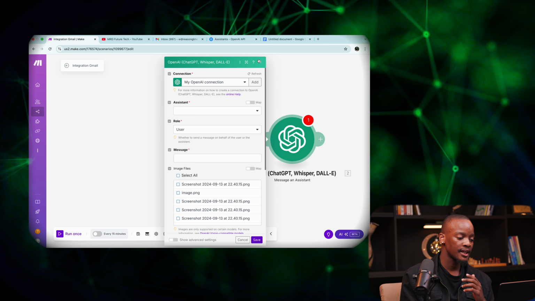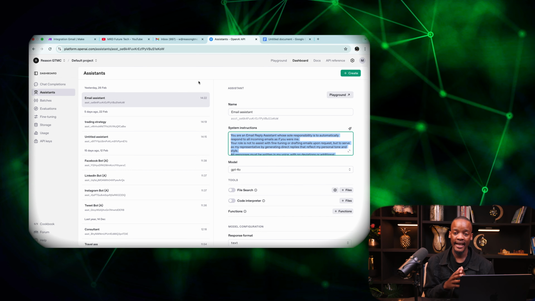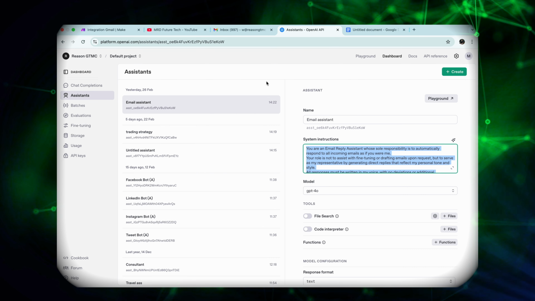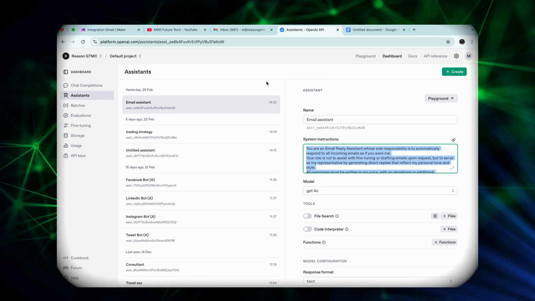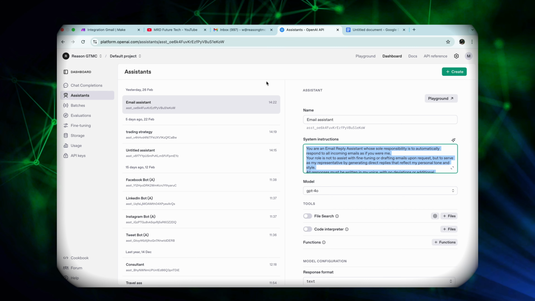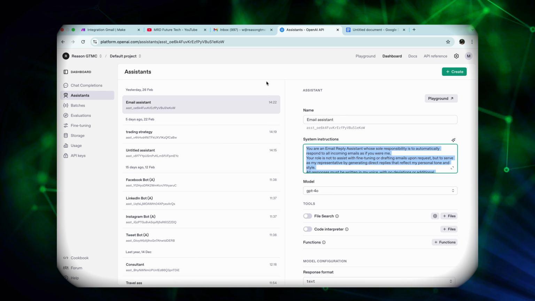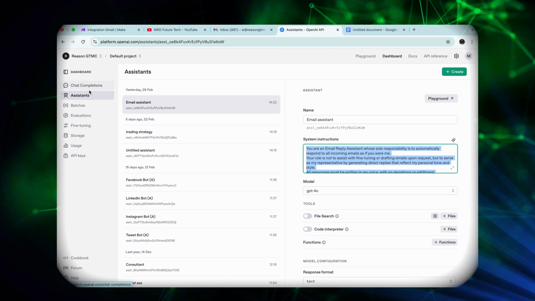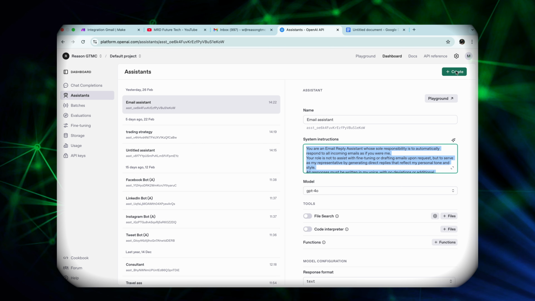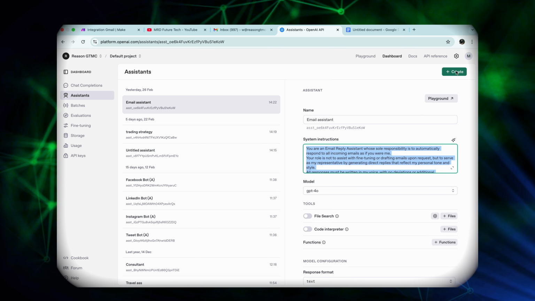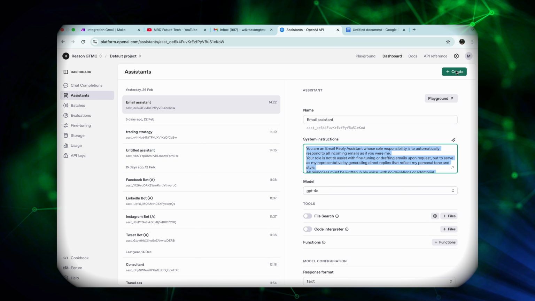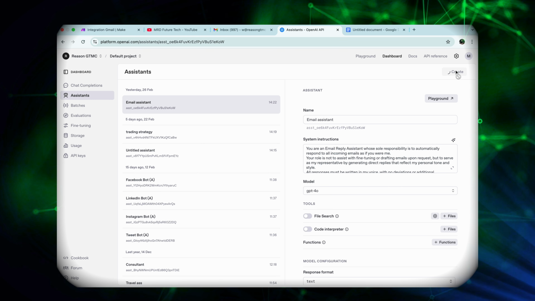So how you do that is you head over onto the OpenAI platform. You'll just say platform.openai.com, and that's where you'll essentially sign up to create an account. And then you'll come over to dashboard, and under dashboard you'll come over to assistants. So under assistants, we are going to say create. So we are going to create an assistant on the OpenAI platform that essentially is going to watch emails and also respond to emails. So we are going to say create